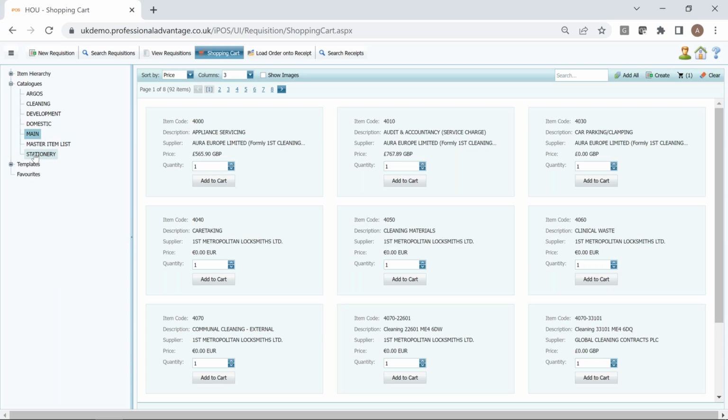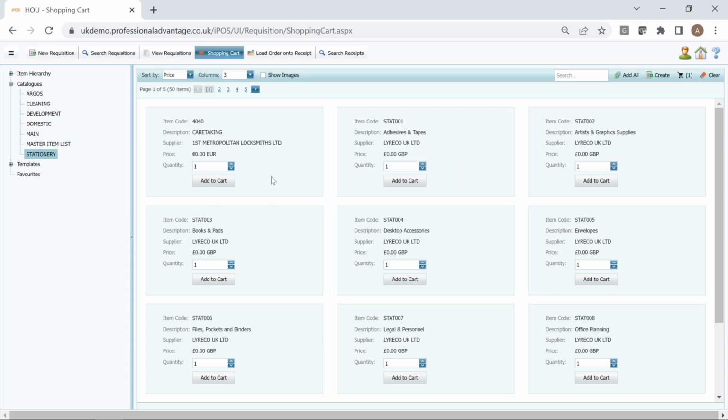I then may want to purchase something else. So if I go to my stationery catalog here, I could decide, okay, let's think about maybe some adhesive and tapes from Lyrico. I don't have a price assigned. That's just in the background, but I can add a price to my requisition if I know roughly what I want and what I'm going to be doing there. So I'm going to add one of those to the cart as well. So I've added two different items from two different